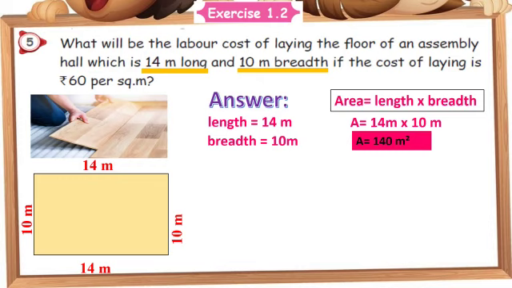Fine. So one more task is also there. The third sum we have done, isn't it? The same model. Here 1 square meter is equal to rupees 60. So mark it here, and this area is 1 meter only. For this 1 square meter, they have fixed the rate of rupees 60.